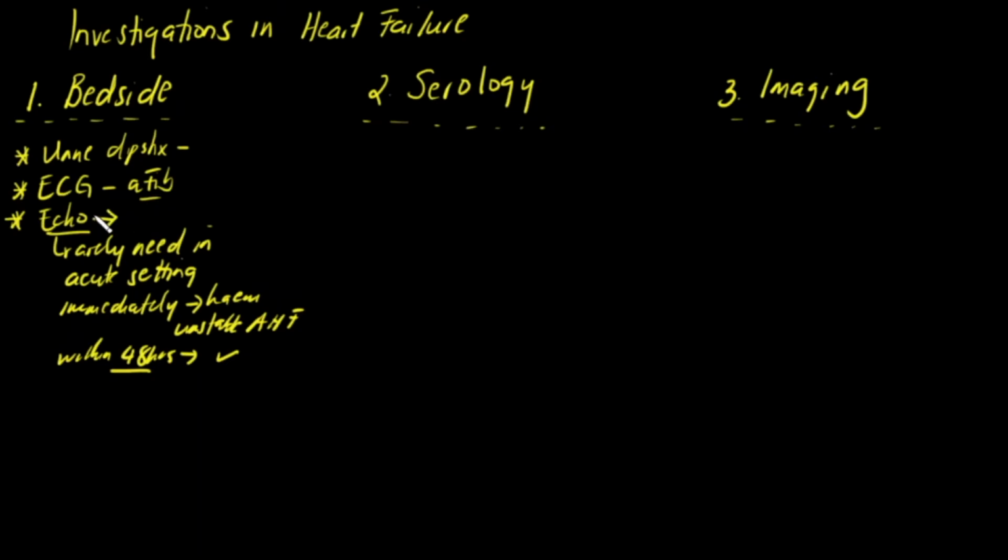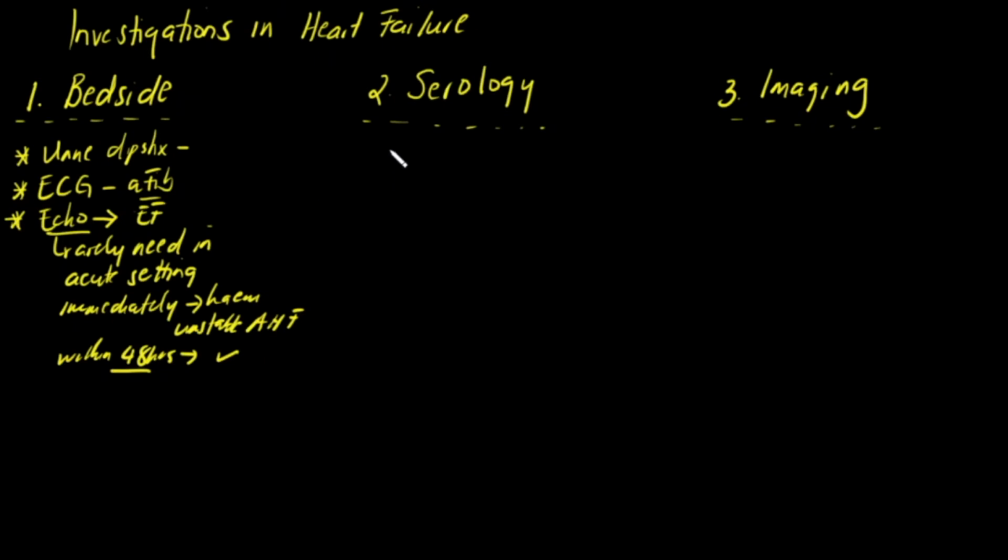It will help you. Are you dealing with a systolic dysfunction? Are you dealing with a diastolic dysfunction? What is the likely underlying etiology? Am I dealing with ischemic heart disease? Am I dealing with cardiomyopathies? What am I dealing with? Very importantly, it also gives you your estimated ejection fraction. Remember, estimated ejection fraction is useful especially for your long-term management, on which drugs you are going to give. And finally, it will show you whether the chambers are enlarged, hypertrophied, and all that. So echo is very, very useful to do.